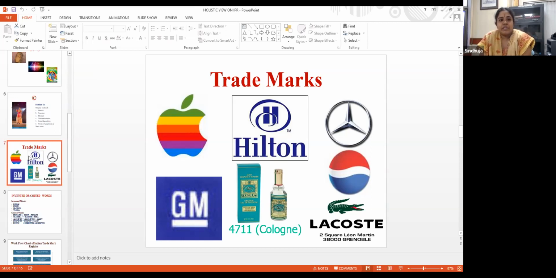Now, what are the trademarks that we already have? We have some of the forms, basically the word trademark. That means you have a shop or you have your product or software, you can just simply name it. So that is a word trademark. Or you can see some of the designs on the screen. There are some logos, and if you see the first one itself, you can identify it's the Apple brand. So you need not worry about the branding in it, or the quality or characteristics of a particular product. So these are all the different trademarks that you have.